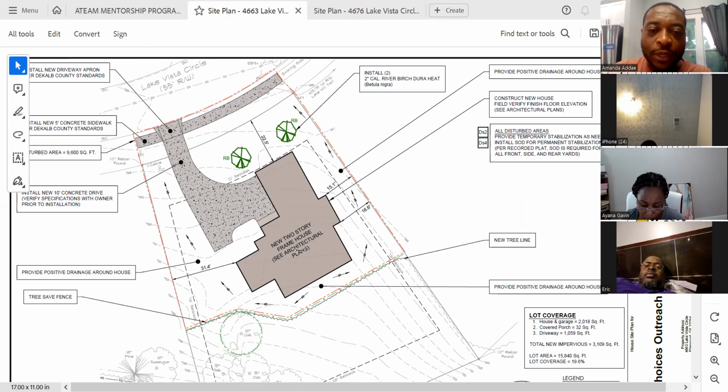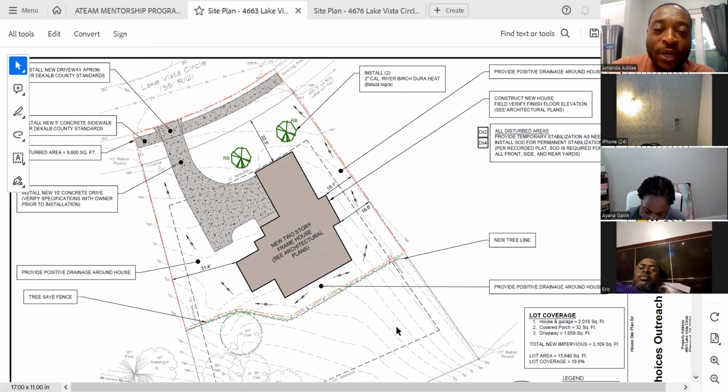So it wasn't this one. I had a plan I was doing for another project, and it had exceeded my setback. I think it's Clayton County. Yes, it's Clayton County. So I'm bringing that up because when I got the plans for Clayton County, which is another project I'm doing,